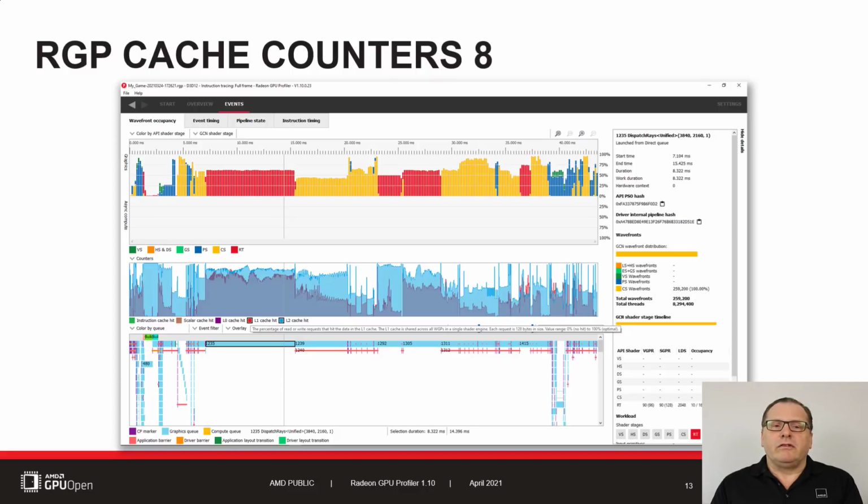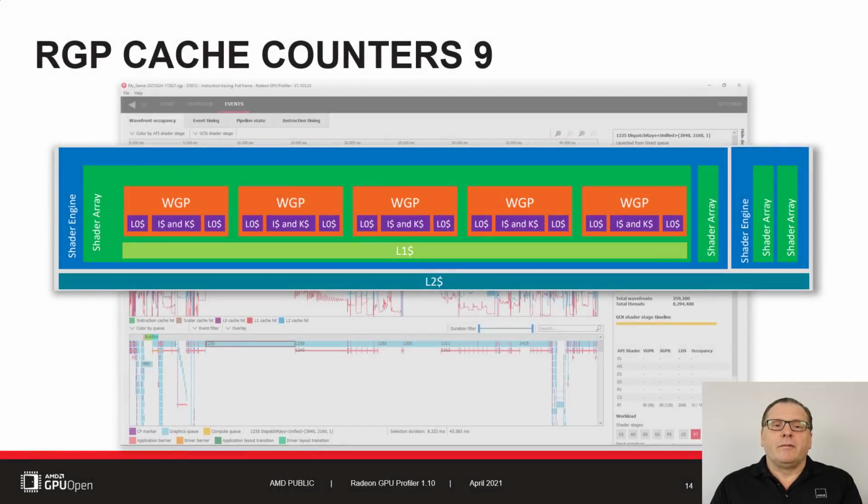One of the key usage cases for cache counters is to understand how shaders behave in terms of locality of memory access. A low-performing shader with low cache hit and a high number of requests may be an opportunity to optimize the memory access pattern. The behavior of the different levels of caches can indicate the scope of the access pattern change that needs to be analyzed and optimized. Here we can see the memory hierarchy used in the RDNA 2 cache architecture.